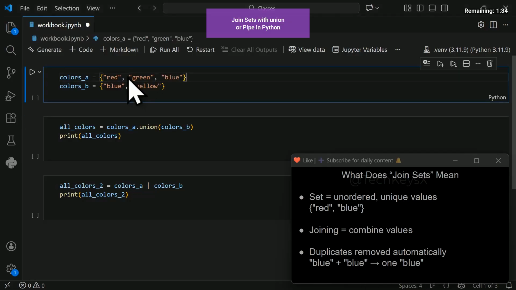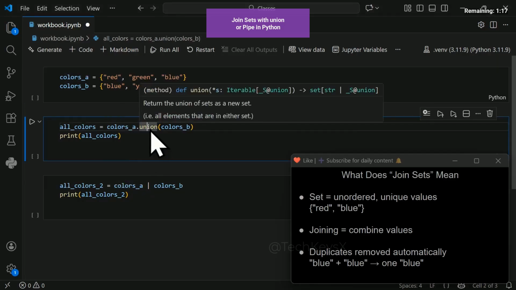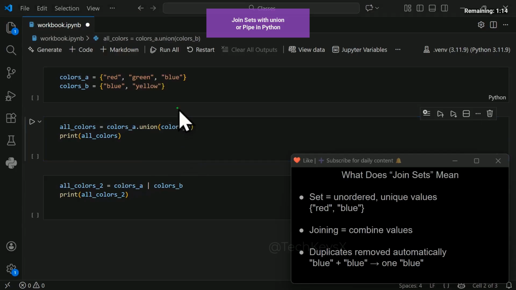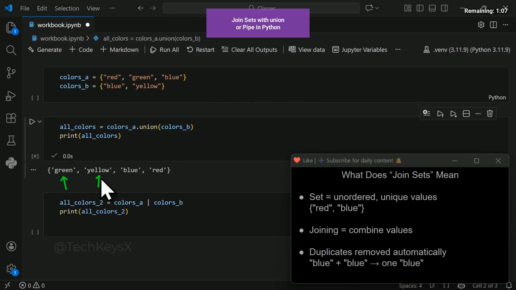So if we take a look at this example over here in code, you can see we go red, green, blue, and another set here, set B, which is blue and yellow. So the blue over here is repeated. So when we use the union function here, we are calling it on the first variable, so on colors_A. So when we call the union operator there, what it will do is merge it with the second variable we have here, which has a set. So when we print this, then what you'll see is we've got green, yellow, and only one blue, and then a red. So this blue over here, these two have been merged because sets only do unique values,